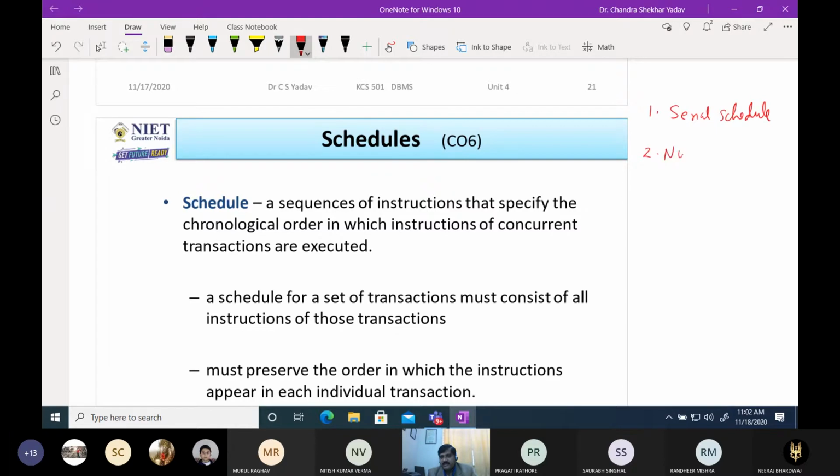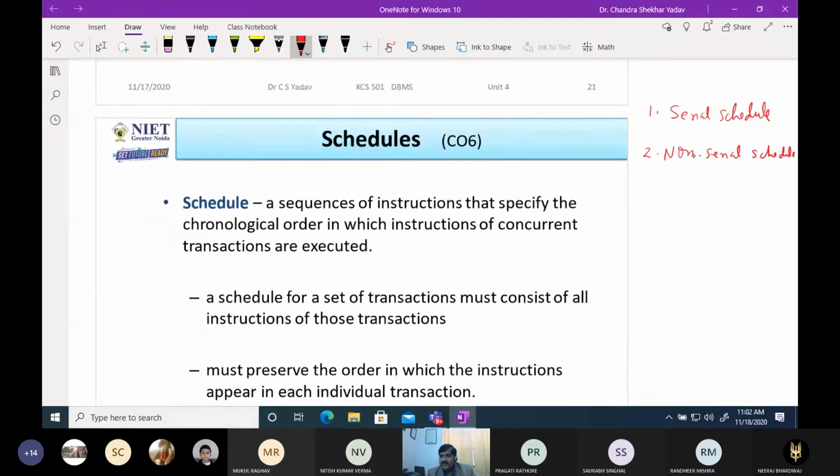And non-serial schedule: here some instructions of transaction 1 are executed, then we can stop that transaction and execute some instructions of another transaction. So here context switching is allowed.